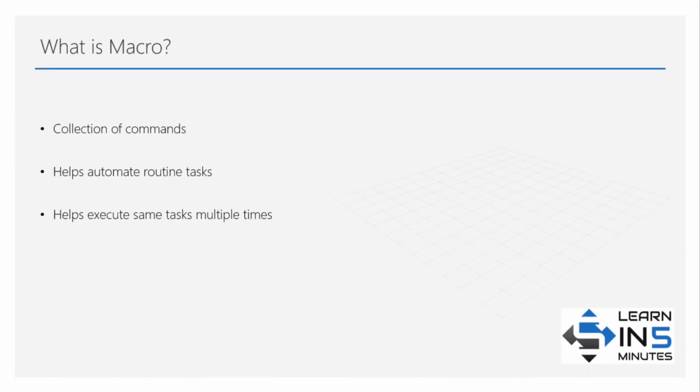What is macro? Macro is a collection of commands that runs on an Excel environment. It can execute that command with a single click. Macros help to automate routine tasks. In other words, macro is a computer program that provides automated instructions to the computer. Therefore, the user can execute the same tasks again and again. Moreover, it can be recorded and replayed from a specific entry point. Therefore, it is possible to repeat a macro multiple times as required by replaying the macro.